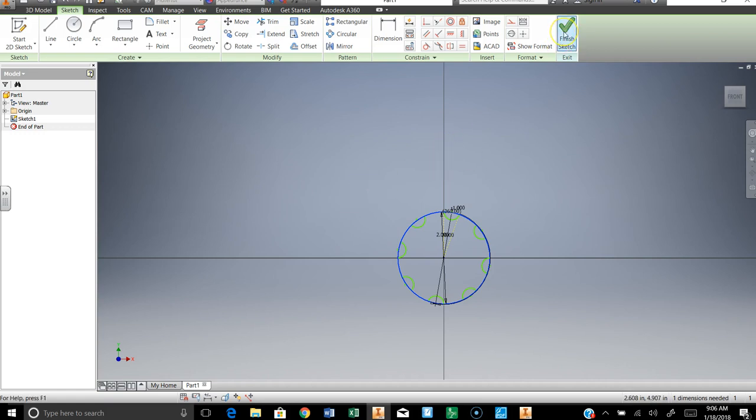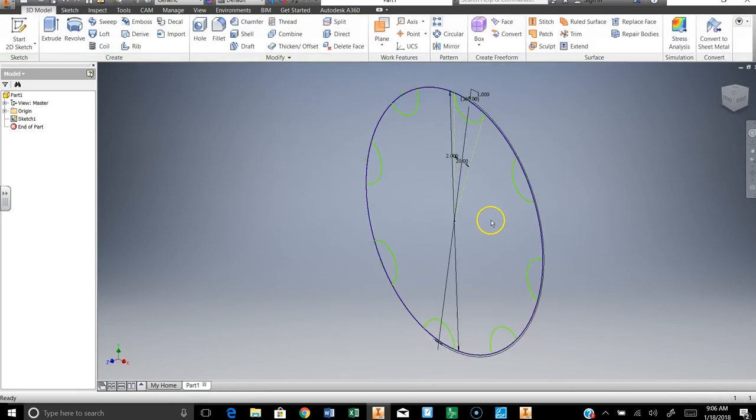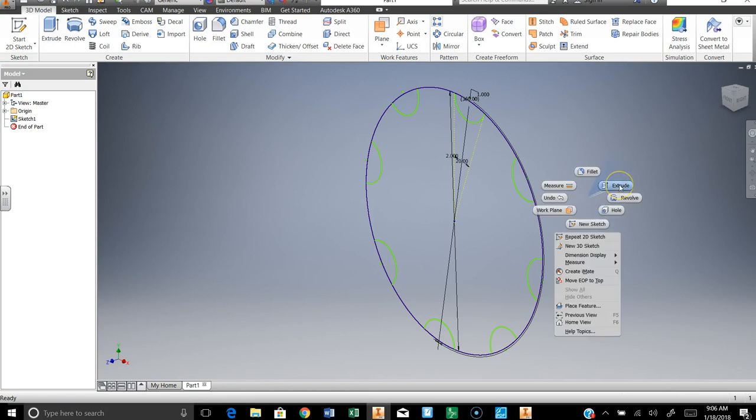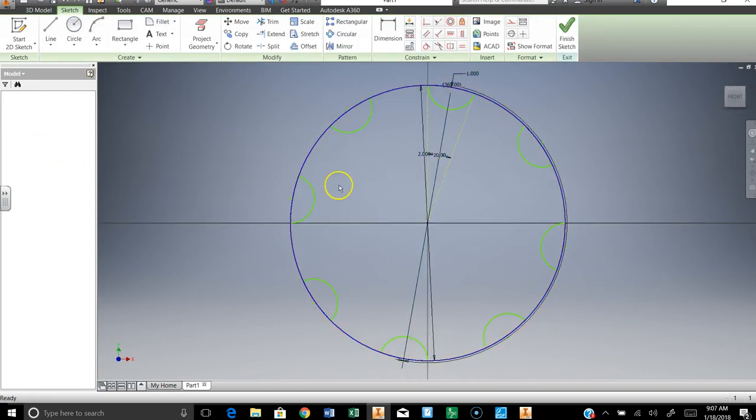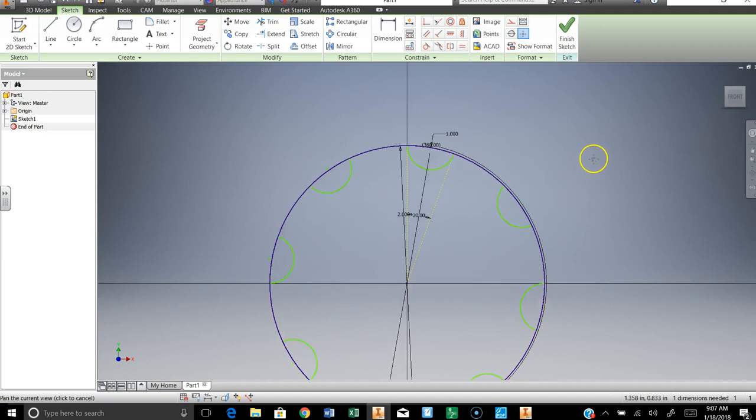Let's see if I can extrude it. So I finish the sketch. I right-click and I hit extrude. Actually, before I finish the sketch, let me do this. Let me edit sketch. Before you finish it, if you don't like the green there, what you can do is